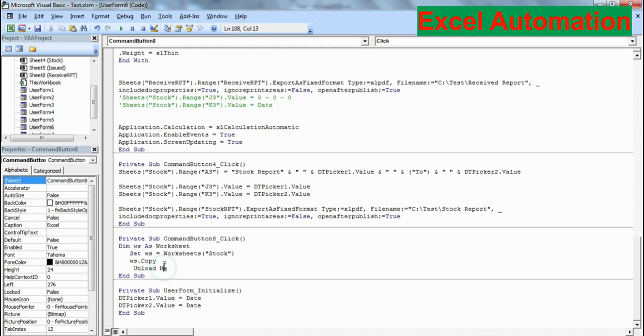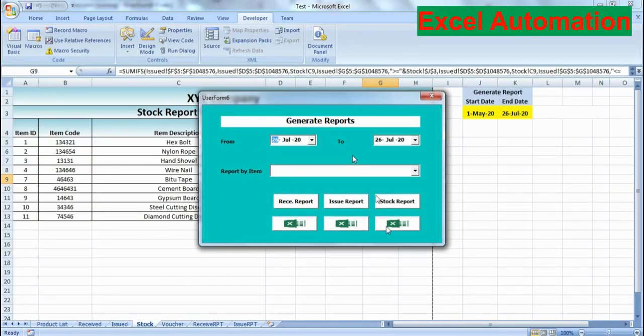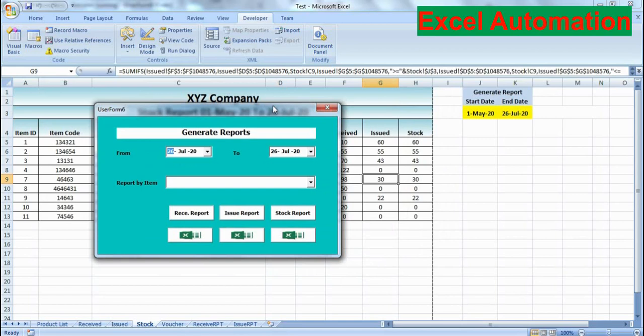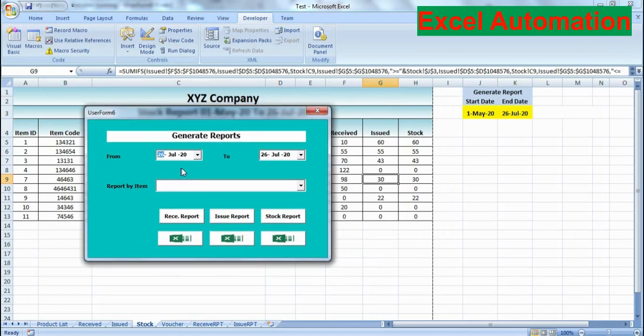Okay, so I will run this code again, and the dates, I'll keep them the same.